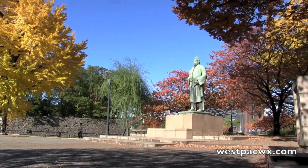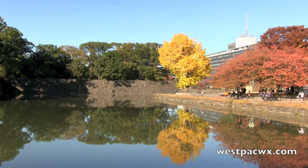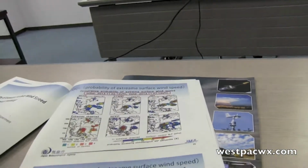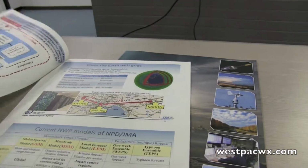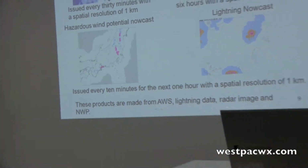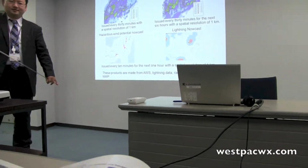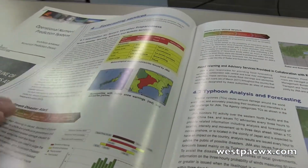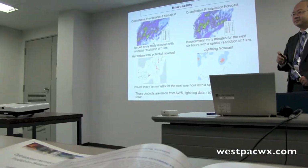And just like the complex and confusing nature of fall-like weather in Tokyo, I was greeted to a very similar circumstance once I entered the Japan Meteorological Agency, where I received an hour-and-a-half lecture on the weather models used by JMA and their techniques of creating such weather models and all the different aspects that go into forecasting from the agency. Problem was, it was all in Japanese. Now, I do speak a little Japanese, but that's not enough to grasp the full concept of this. Good news, they did give us these English booklets, so a lot of good information learned there,